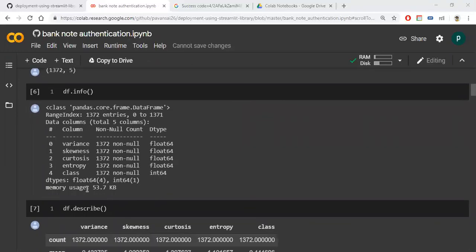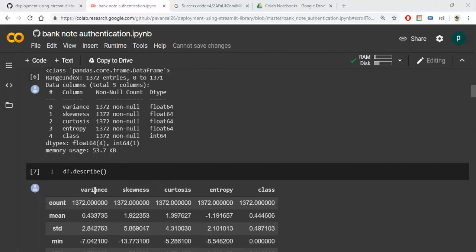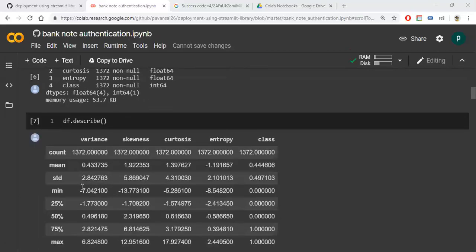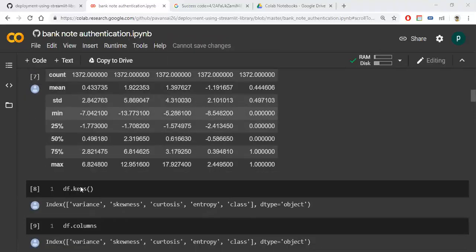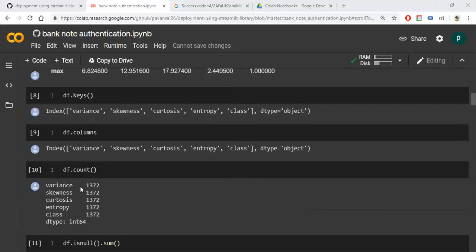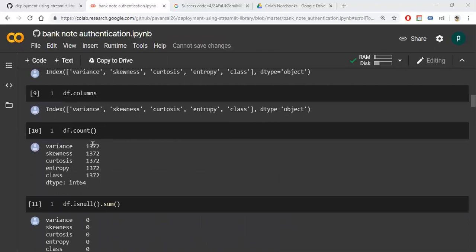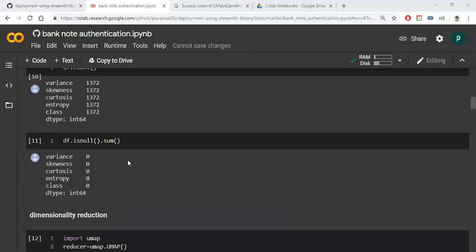These are the descriptive statistics of this data set: count, mean, standard deviation, and so on for these variables. We have 1372 data points, and there are no null values in the data set.